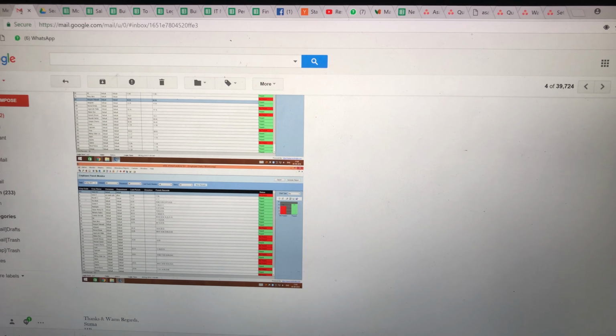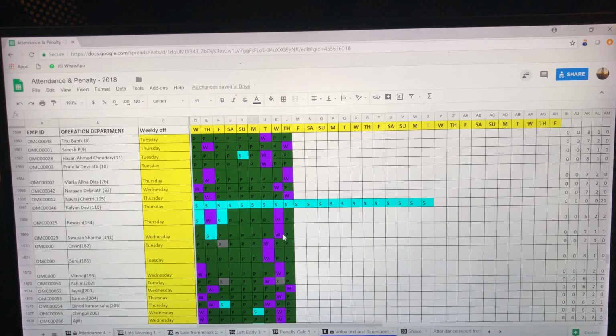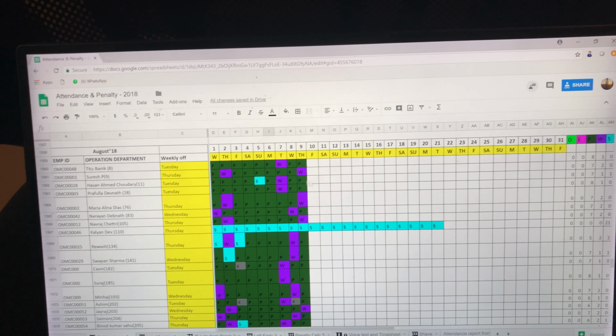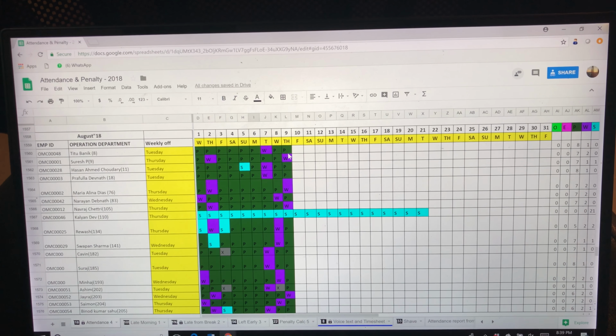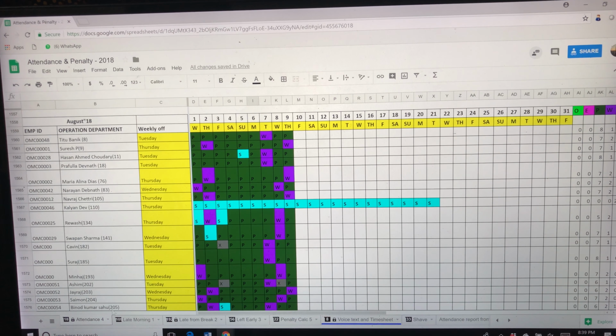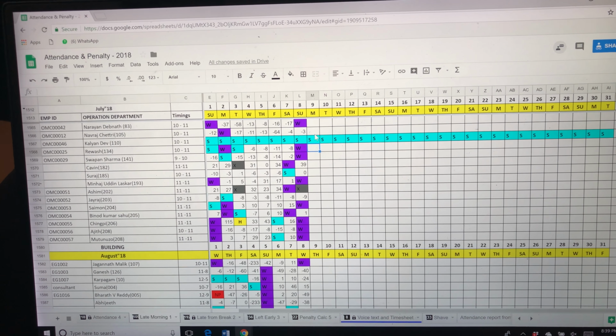So now we go to the attendance file. Once I go to the attendance file, your first tab that you usually fill out is this tab, called attendance 4. Actually, I would fill this out at the end. The first thing I would fill out is late morning. So here you fill out,